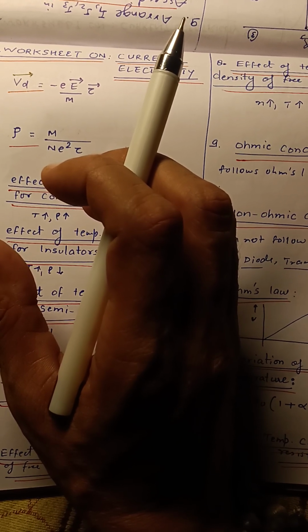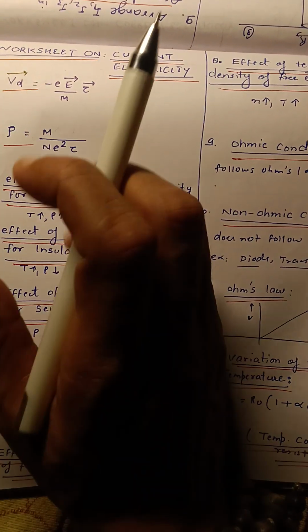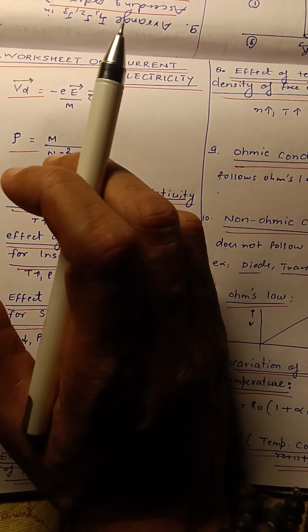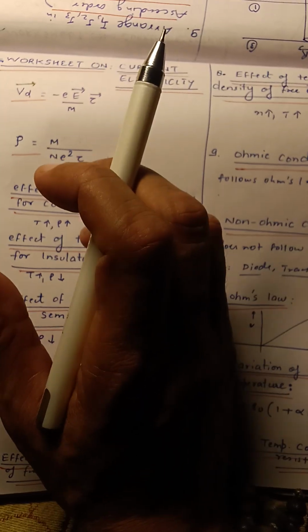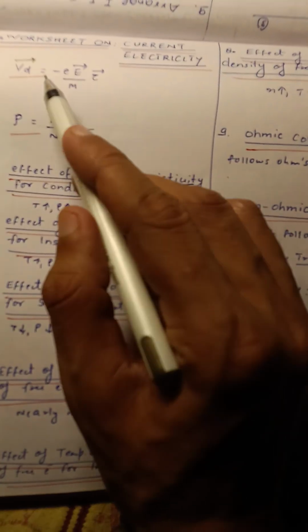We can analyze it in a better way, and it produces the same impact as the analysis of the complex system of internal forces between the electrons, their collision with atoms and electrons. So to bypass that, we use the concept of drift velocity, and drift velocity is dependent on electric